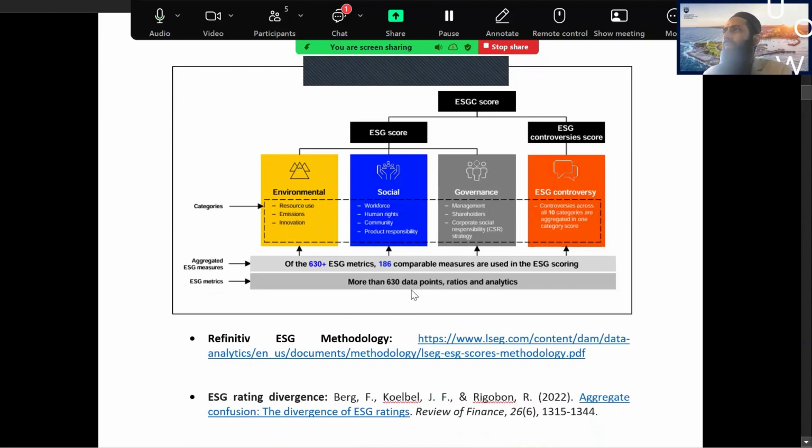So does it mean the ESG controversy is not comparable across countries in that sense? Yes, to a certain extent, depending on the media, what they pick out in each of the countries, then they are not so comparable in that sense. I think Refinitiv might use some standardization. In the definition, they say global media. So they might be picking some English newspapers, but they might be doing some standardization.